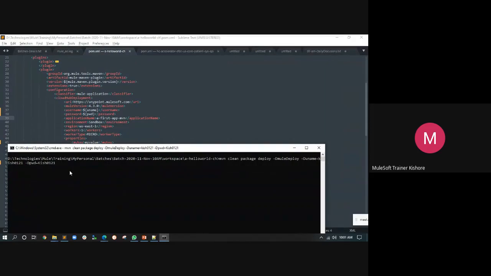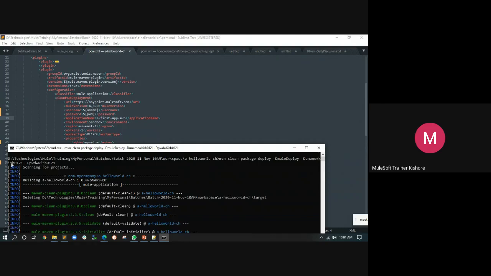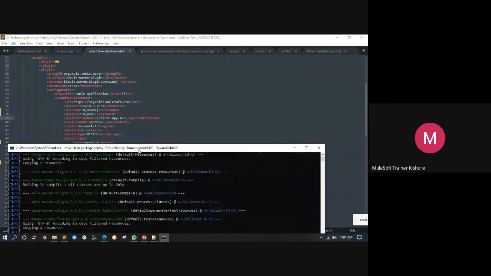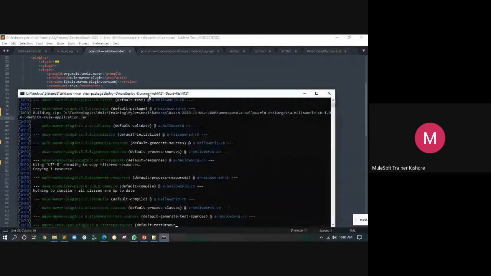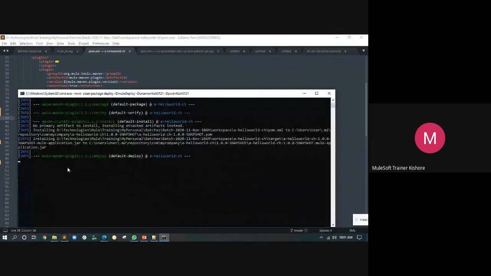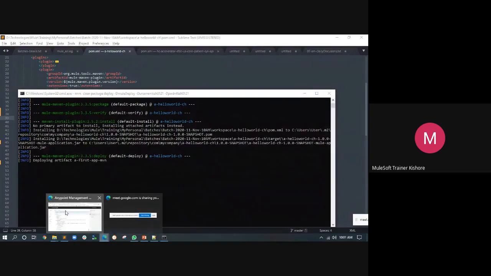I'm trying to redeploy again with the same username and password, but I have not provided the username and password directly. I have provided them as system variables. So let's go and see what it's going to do. It's trying to deploy, and focus on the response that it is giving.